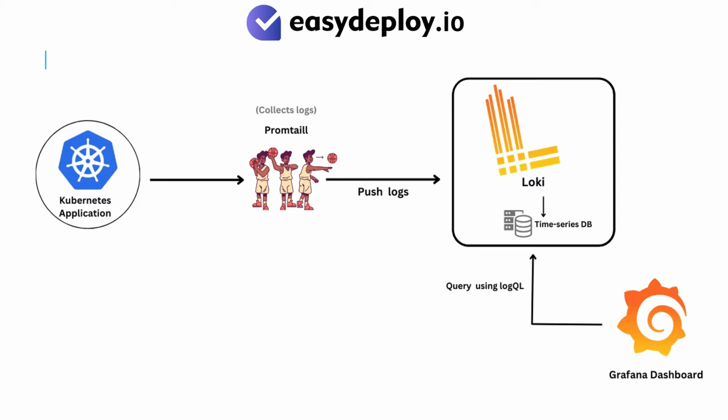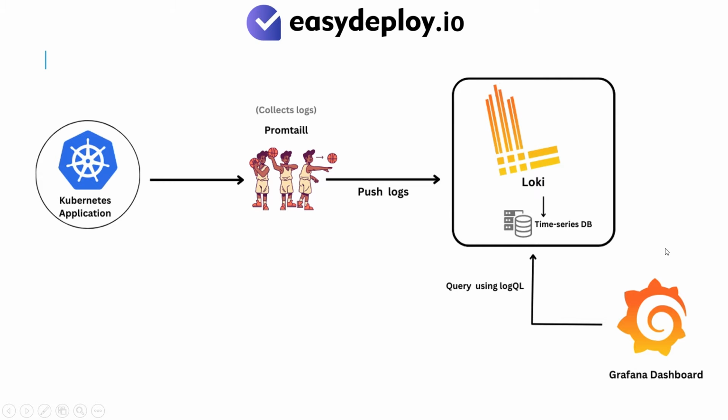Let me explain Loki's architecture. Here we have a Kubernetes application, Promtail, Loki, and Grafana. Promtail collects logs from the Kubernetes application and pushes them to Loki. Loki stores these logs in a time series database, TSDB. Grafana then queries Loki using LogQL to retrieve and visualize the logs on a dashboard. This setup allows for efficient log management and real-time monitoring of your Kubernetes applications, making it easier to diagnose and